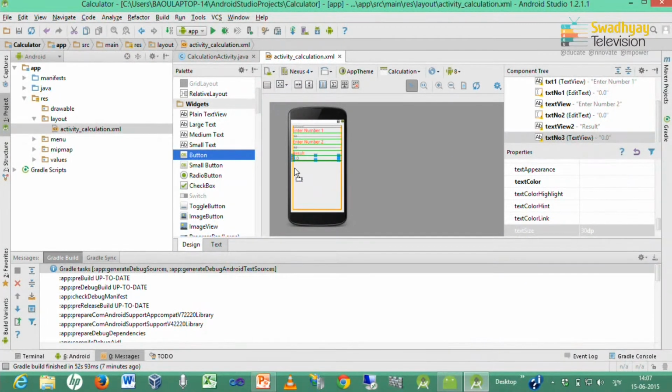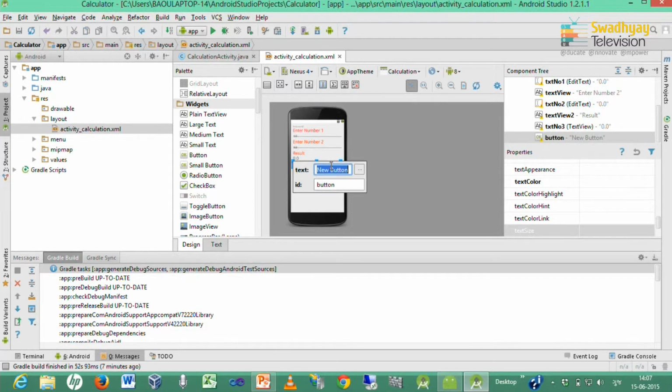Here I am dragging the first button and set its caption to addition and its ID to btn add. By convention we write btn for button and txt for text view, so that we can quickly identify this is a button, this is a text view. So we will use this convention.